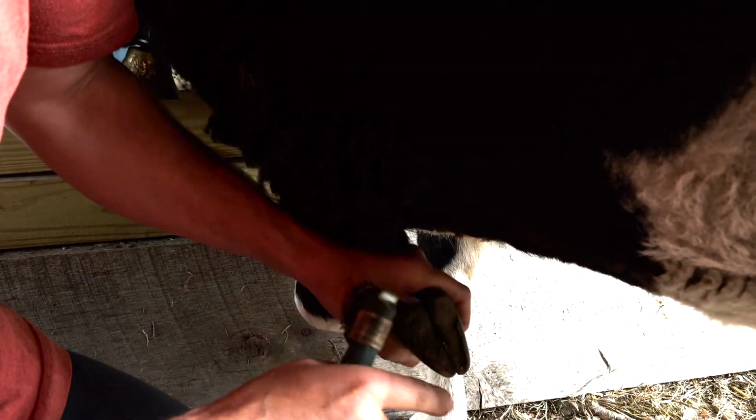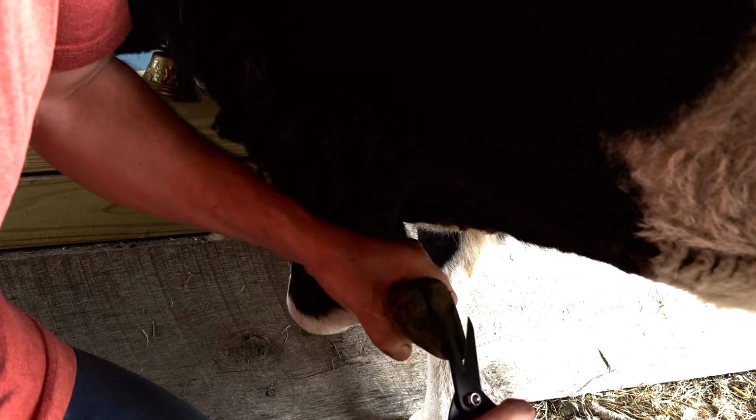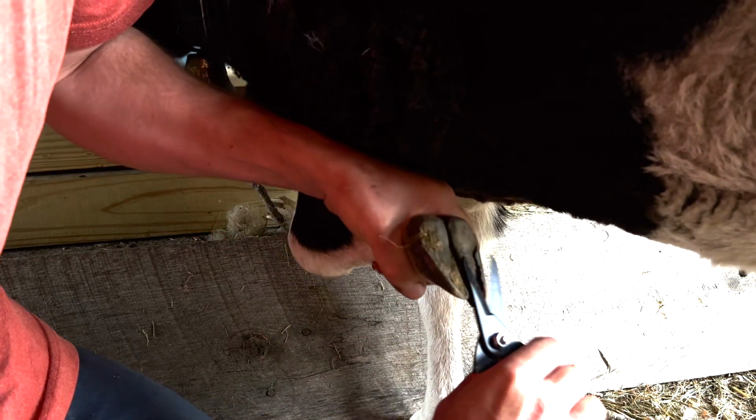Now this is just like your fingernails as far as this goes right here, and just take your time and make little cuts. Some people get afraid because if you cut in too quick, you'll actually get into the quick, which will make it bleed, and it's prone to infection. So you want to be careful, make deliberate cuts, and make slow cuts. This hoof here, you can see it's starting to overlap a little bit, and there's a little bit of growth down here. So you're just going to make small cuts,